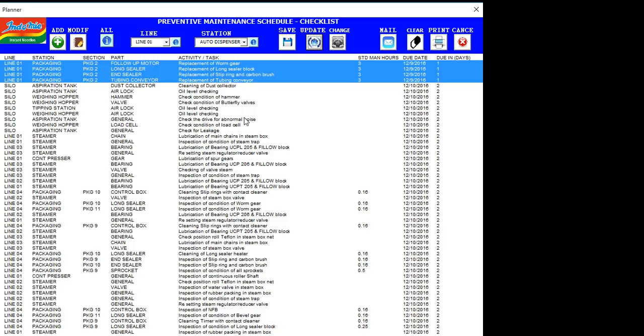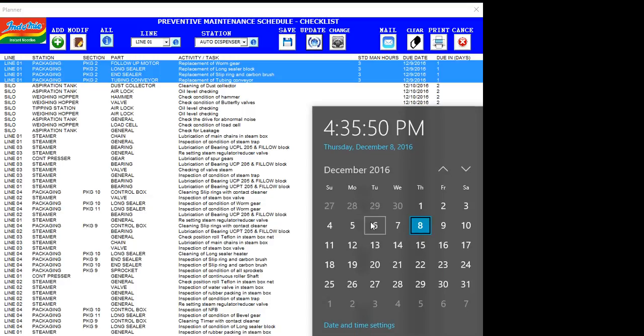Some activity was due for tomorrow, right? So let us say that you have done it as a part of repair today. Replacement of worm gear. Let us say that the gap is too wide. For example, a particular activity, replacement of worm gear, is scheduled for next week. Let us say that it is scheduled for next Saturday, 17th, and it is a monthly activity. So that means 17, 12, 16. This is scheduled, but